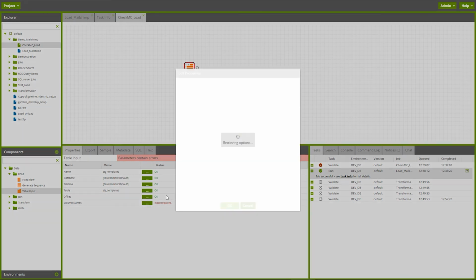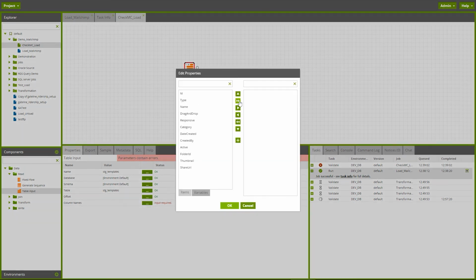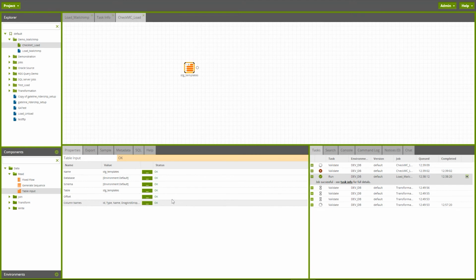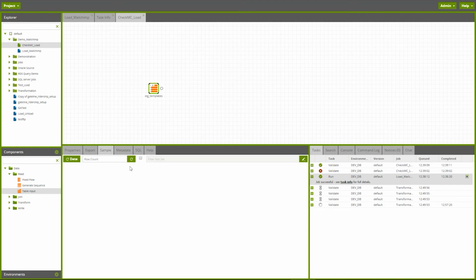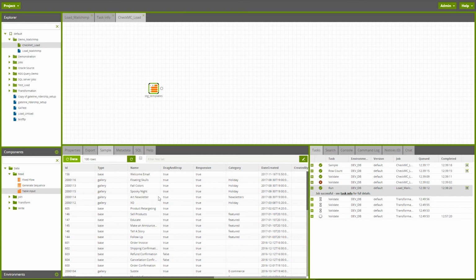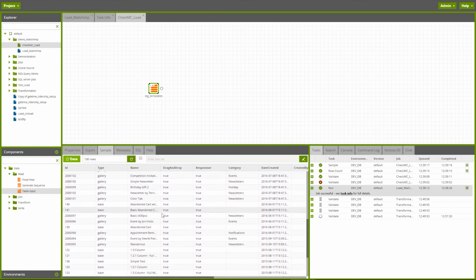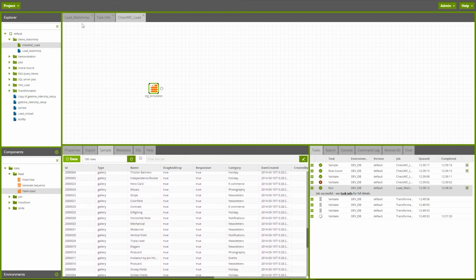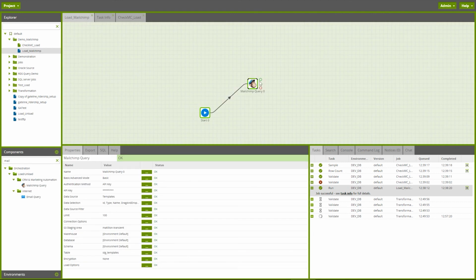So I'll select on the column names. I have all the columns here. Looks good. If I go on to sample now, I have 100 rows. And I can see the data also here in the sample. It looks good. So when I go to the Mailchimp component, guys, you can actually go back to your help